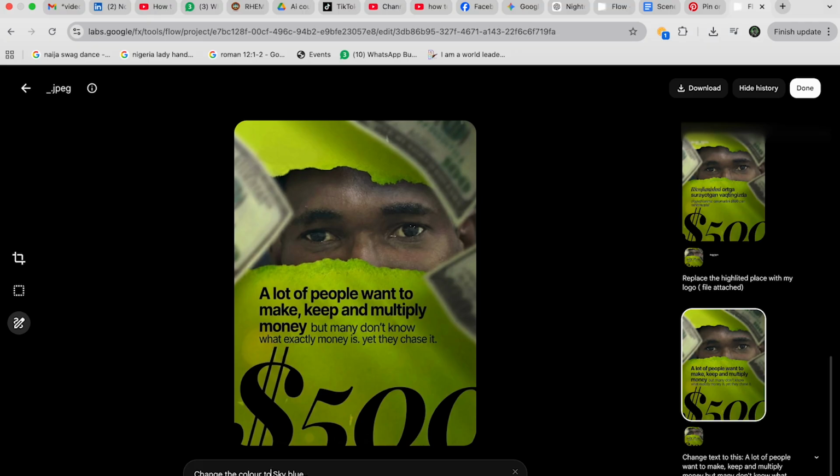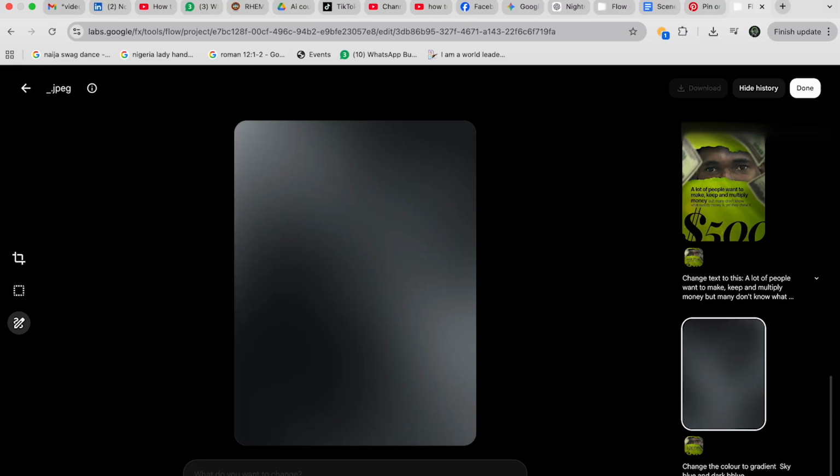So change the color to gradient, sky blue and navy. No, let me use dark blue. All right, I think I already have what I need, so this will be the end of the training for